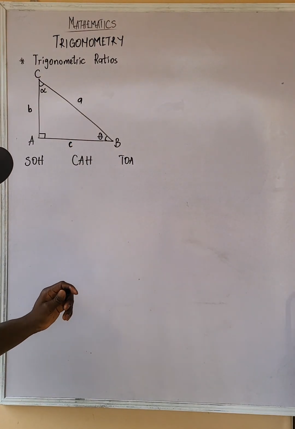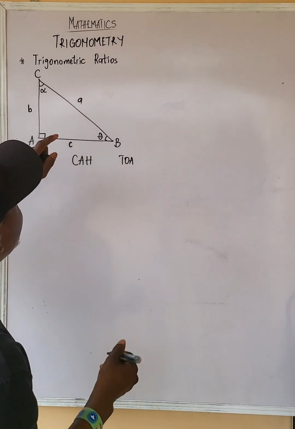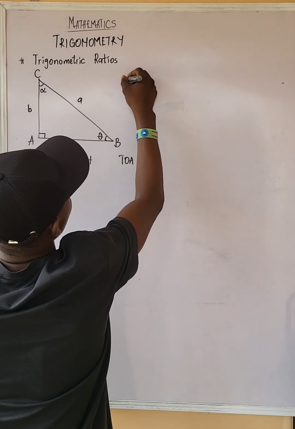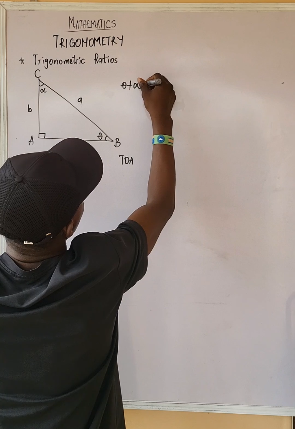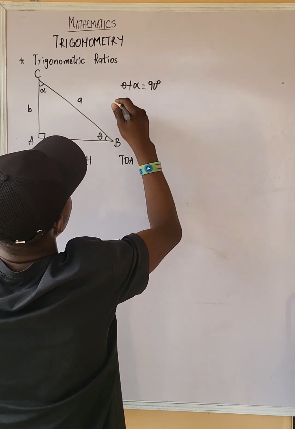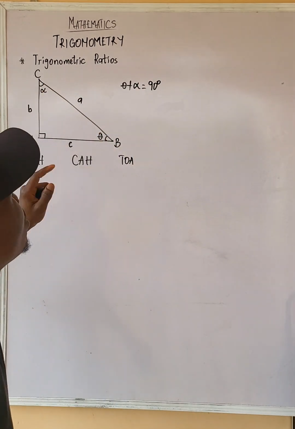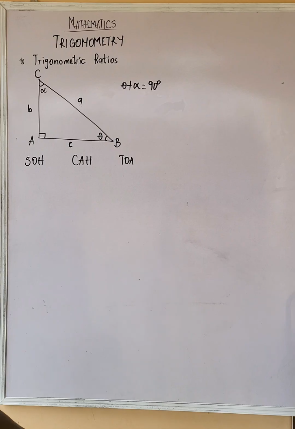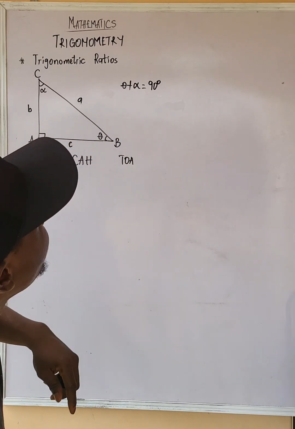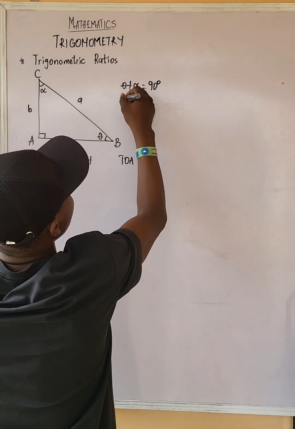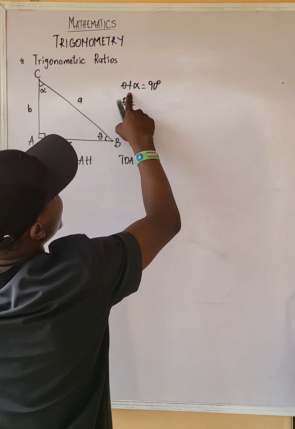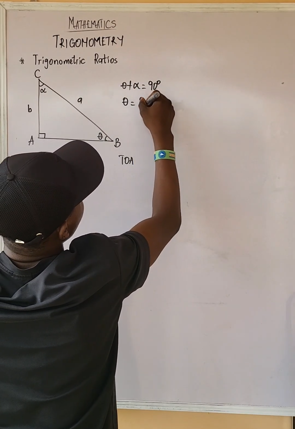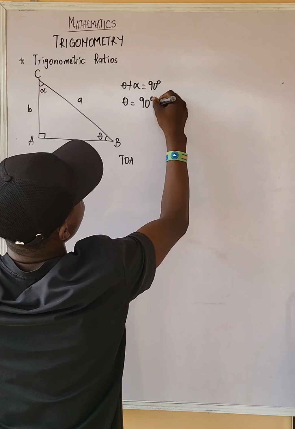So before we come to SOHCAHTOA, now look at it. Inside this right angle triangle, you know that theta plus alpha is equal to 90 degrees, right? If I make theta the subject of the formula, I carry plus alpha to the other side. So theta will be 90 degrees, and when plus alpha crosses over, that will be